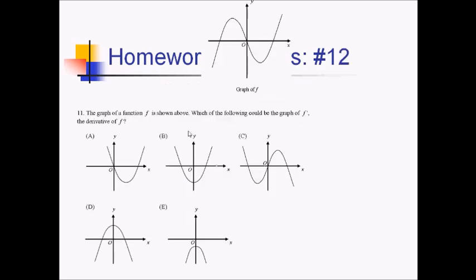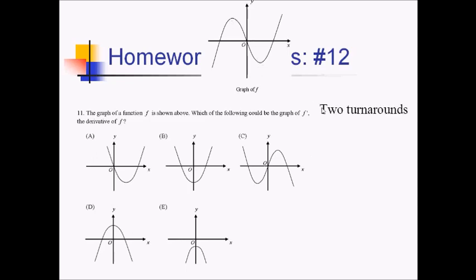For number 12, we're given the graph of f up here. And we want to pick out which of these could be the graph of f prime, the derivative of f. So this is a process of elimination all the way. I mean, I guess you could graph it up here and then match it, but it's easier just to cross things off. Easiest thing to pick out is that we have two smooth turnarounds here,